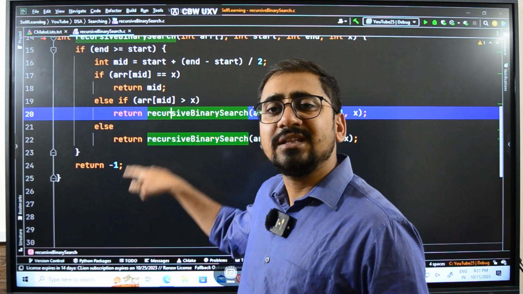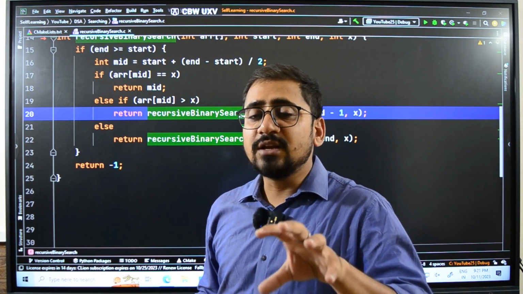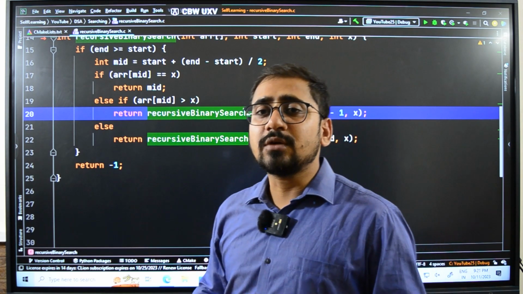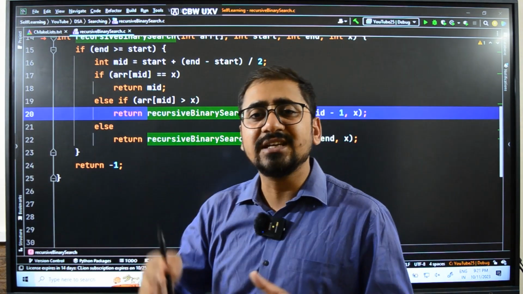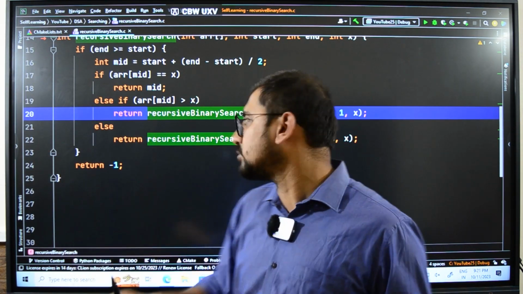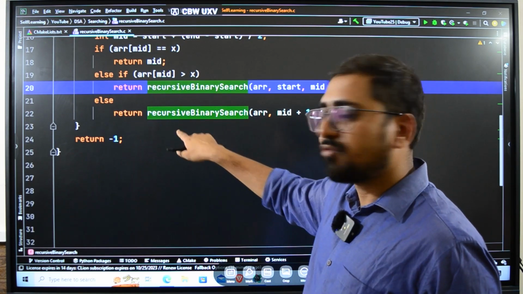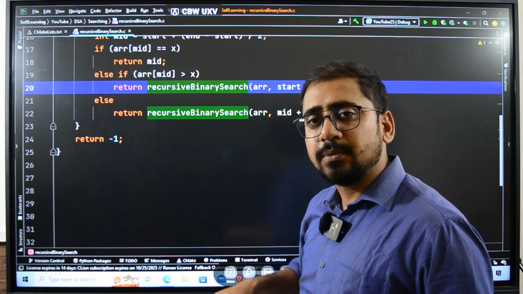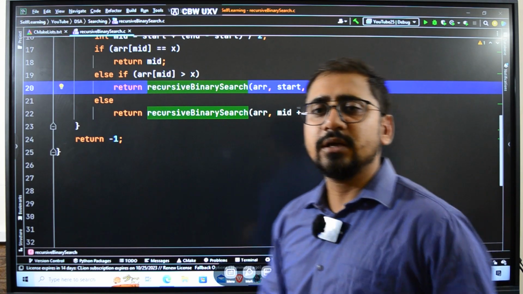Then in the else case, which means the other part, if the value at the mid index is smaller than the target element, then in that case what did we have to do? We had to look on the right side. While looking at the right side, we changed the start index to mid plus 1. So here I have called the recursive binary search function. I am passing the array, and here I have mid plus 1 in place of start, end remains the same, and here we have the